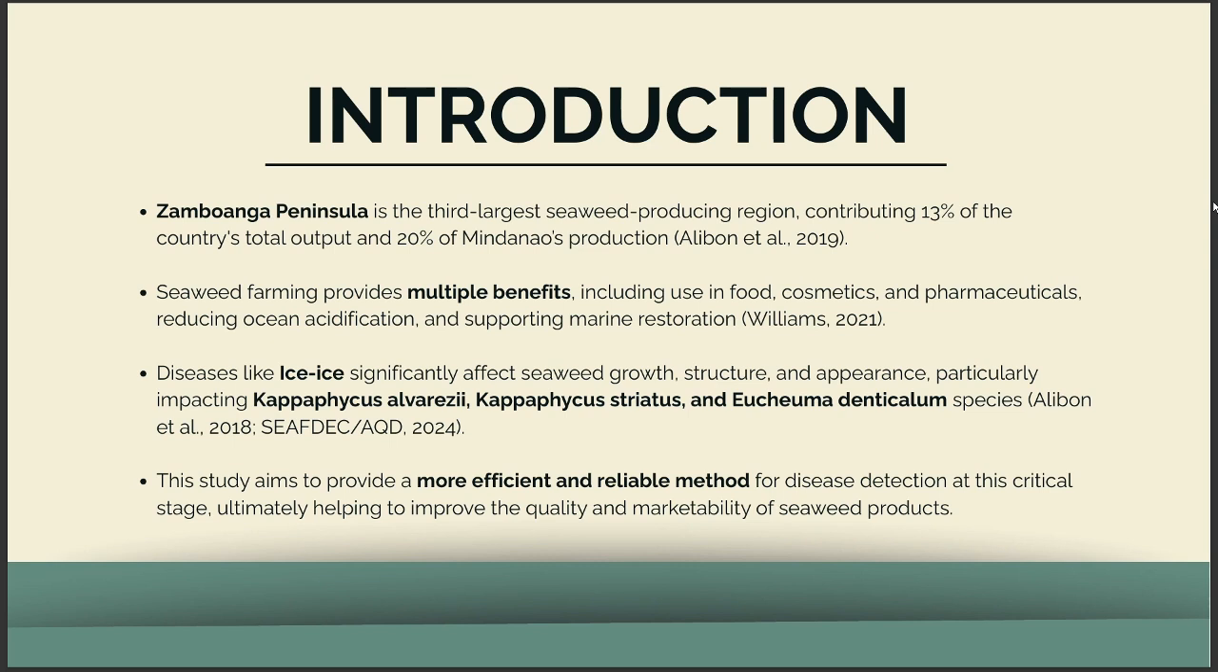Seaweed farming is a critical livelihood in coastal regions like the Zamboanga Peninsula, the third largest seaweed producing region in the Philippines. Seaweed farming provides multiple benefits, including use in food, cosmetics, and pharmaceuticals, reducing ocean acidification, and supporting marine restoration. However, the industry is threatened by diseases like ice disease, which severely affects seaweed growth and quality, especially Kappaphycus alvarezii,